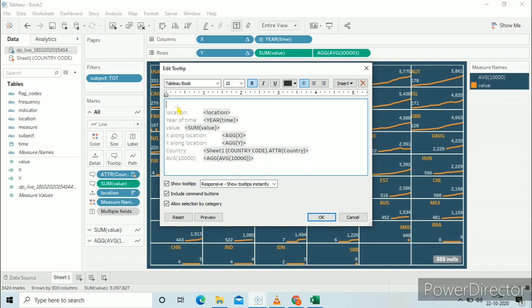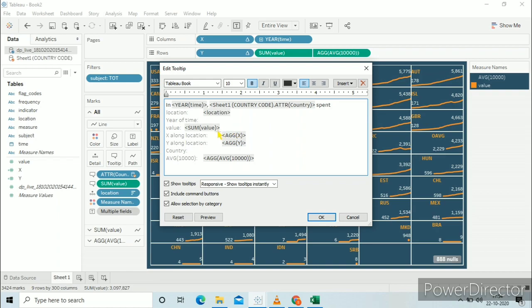So in tooltip now we'll write our sentence. For this example, I am choosing this sentence: in year, so that when I hover over the trend line, it will show in 2008 or in 2010, something like that, comma, the country.